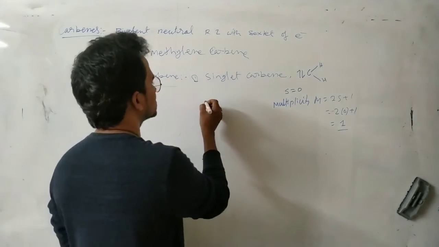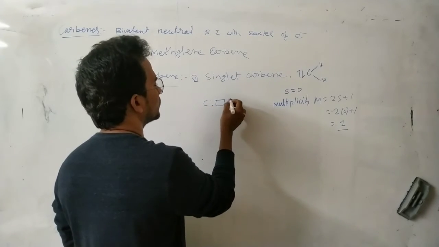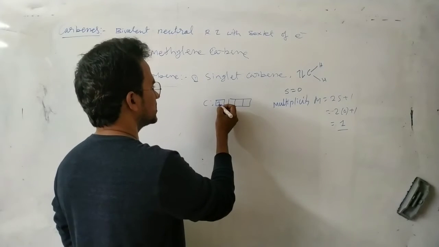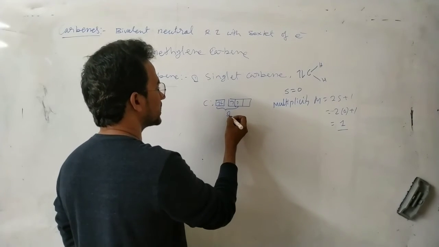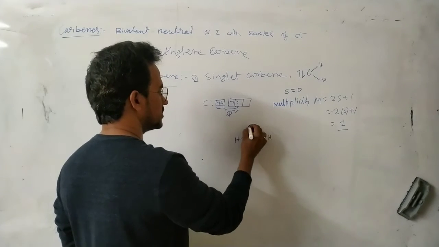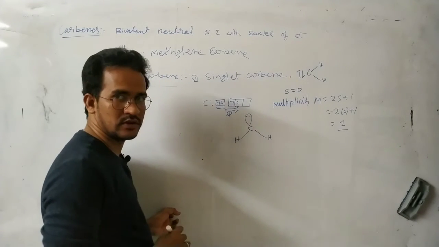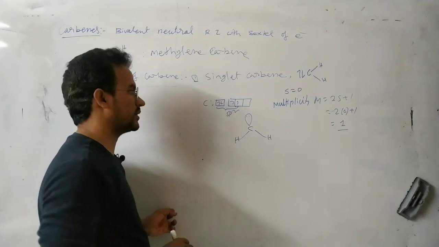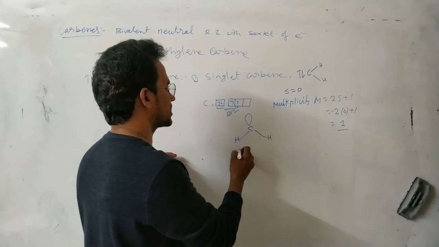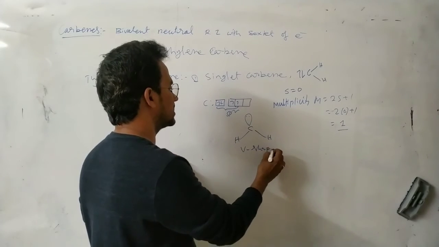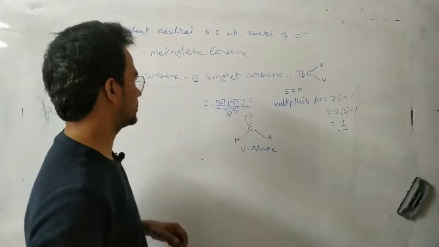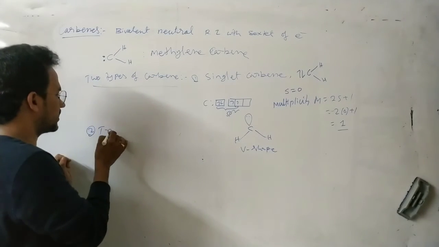Now you see this carbon having 4 electrons generally, but in this case 2 electrons are the paired electrons. So sp2 hybridization. Here hydrogen, this is the hydrogen. These are the paired electrons. That means those 2 electrons are present in a single orbital. So sp2 hybridization, there is a V shape. In Singlet carbene, the carbon undergoes sp2 hybridization and has a V shape, an angular shape.